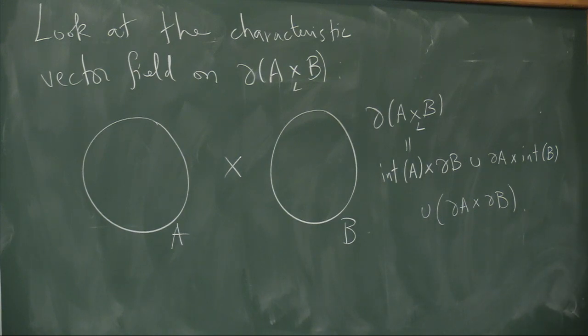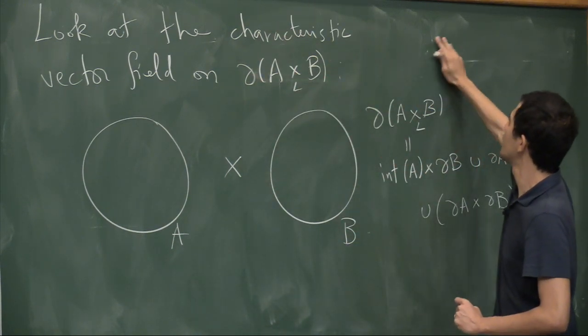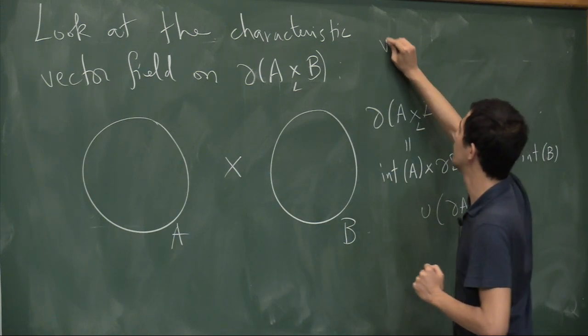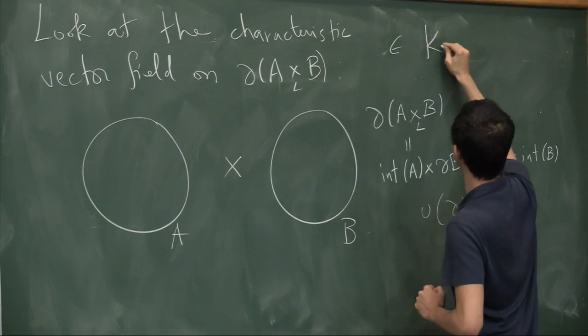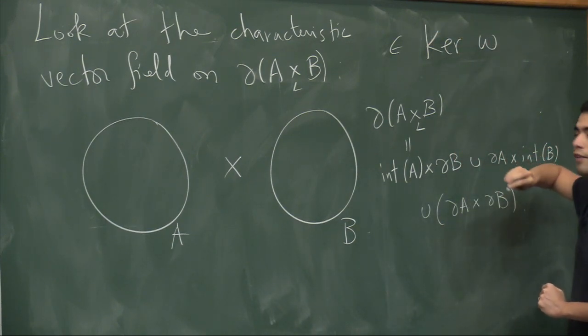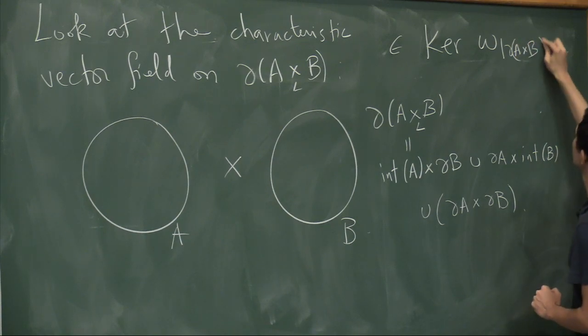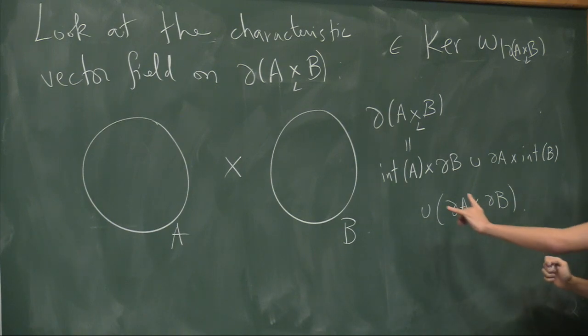Okay. So let's look at each of these 3 parts, basically. So this is just a small calculation. The characteristic vector field is a vector field in the line bundle, which is the kernel of omega. So this belongs to the kernel of the symplectic form on the boundary. Okay, so this is not very hard, because basically,